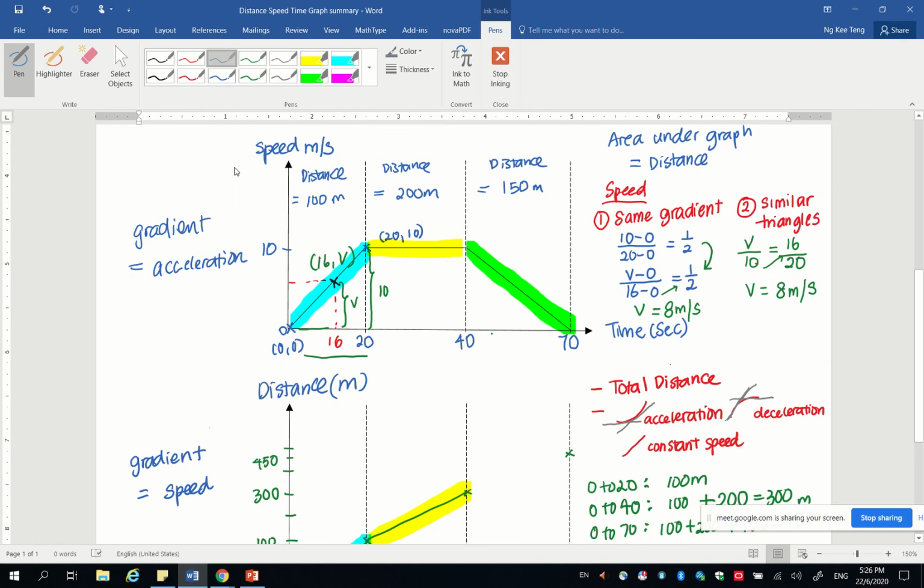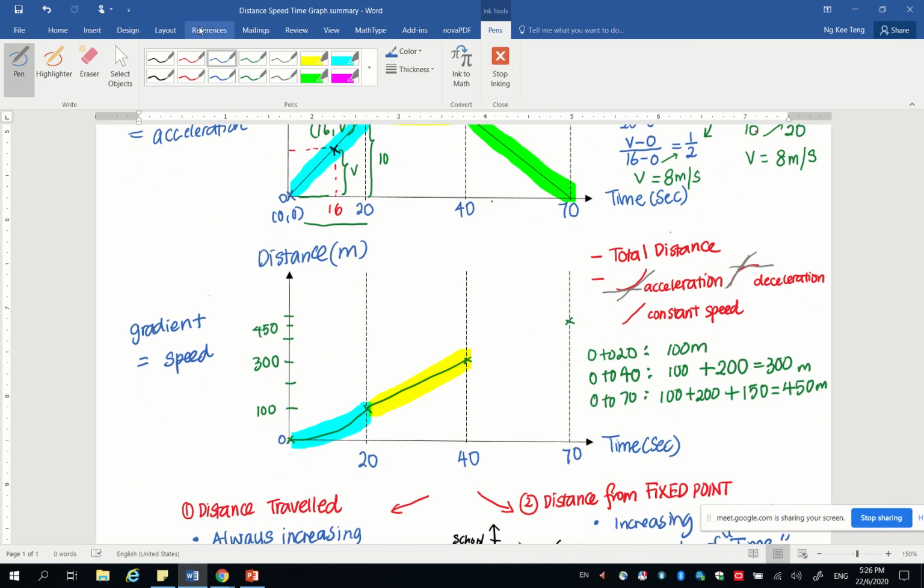Why do I say it's a sad face? Because you go into the expressway, you chiong very happy already, right? Then you see the policeman stop your car, then you need to come to a stop. Not a straight line, curve, okay? But my curve doesn't look very curved. You all need to make it more curved, okay? So you see the policeman already, then you feel very sad. Alamak, kena summon. Okay, something like that. So it's a sad face. You all try to make it look as sad as possible,